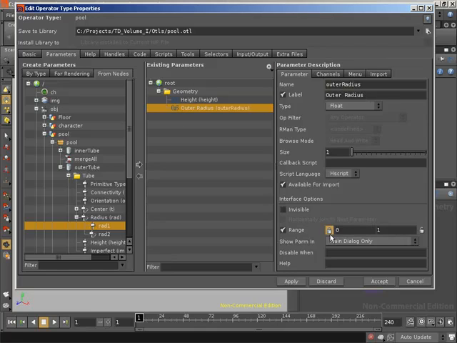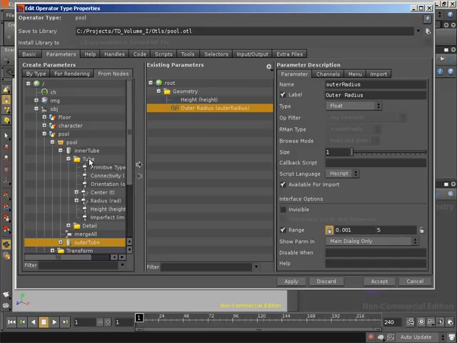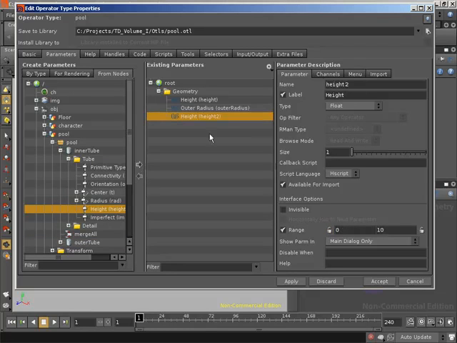And we can see the outer radius currently is locked with a value of 0. I'm going to change that to 0.001. I'm going to boost the upper range to somewhere around 5. This is just an approximate value. So now let's do the same for our inner tube. So I've expanded inner tube and the tube folder inside. Let's grab its height. Now this time, instead of calling this guy height, I'm actually going to call him inner depth,